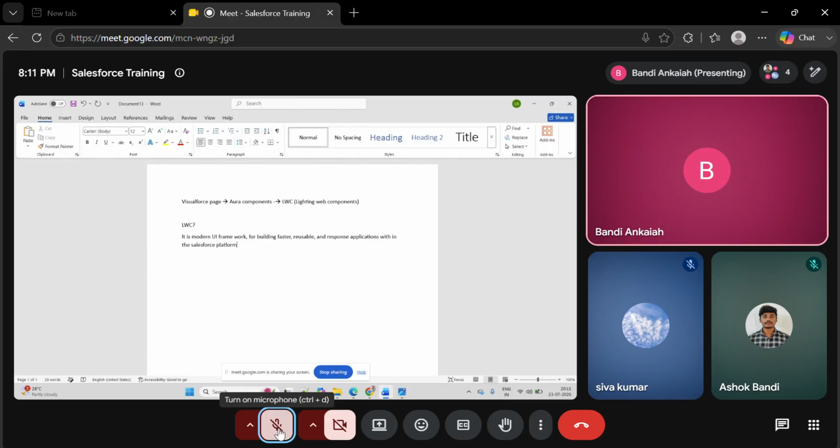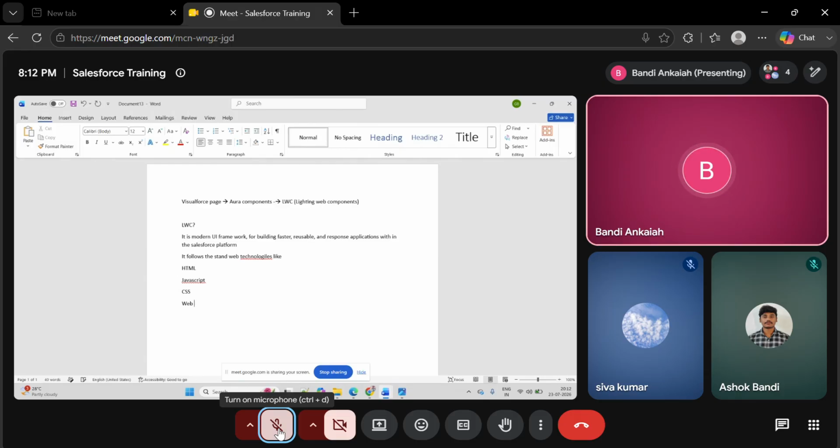Okay, so it follows the standard web technologies like HTML, JavaScript, CSS, okay,